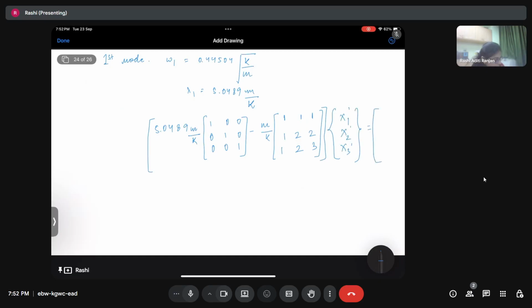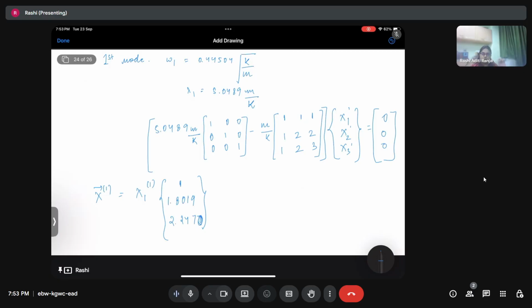This is equal to 0, 0, 0. Solving this, we are going to get the values. So I'm going to write the final value only. We get x of 1 as 1, 1.8019, 2.2470. This is the first mode, which means for